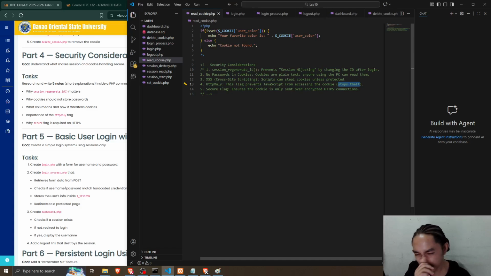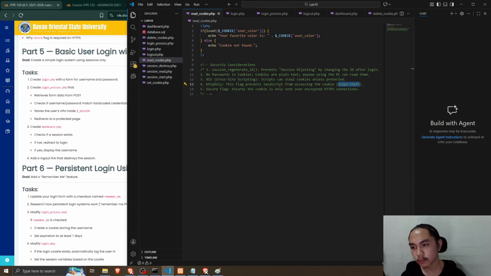So if there are any malicious attempts or thefts on your system, this prevents the JavaScript from doing that. Why is the secure flag required on HTTPS? The secure flag ensures the cookie is only sent over an encrypted HTTPS connection. So that's very important. Okay, so let's proceed to part 5.